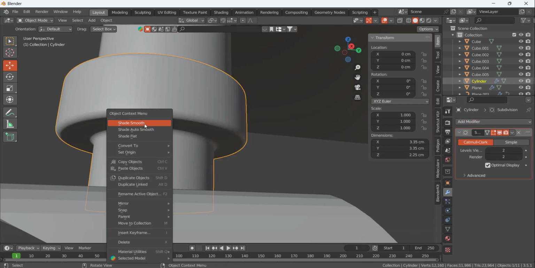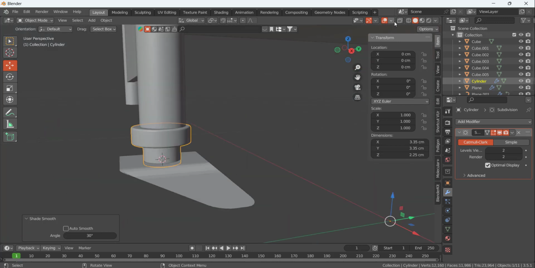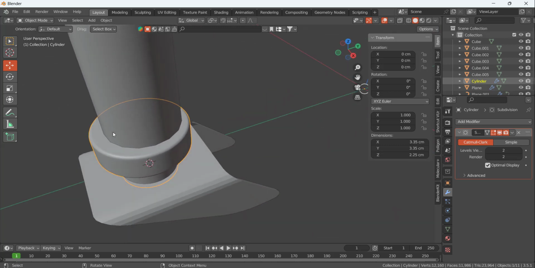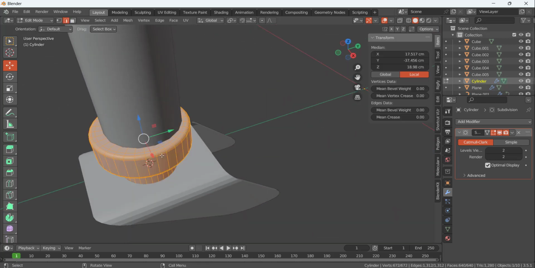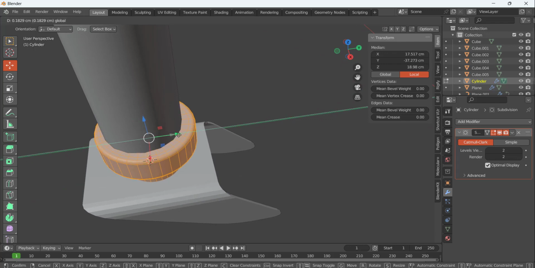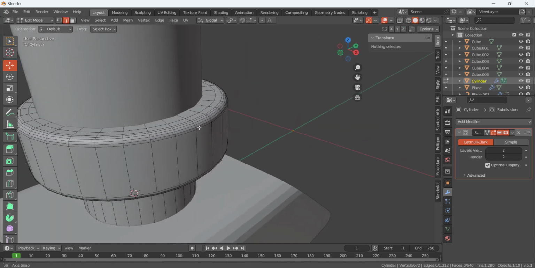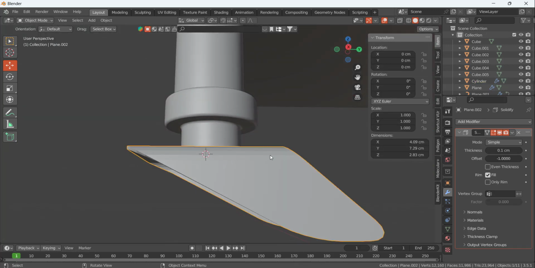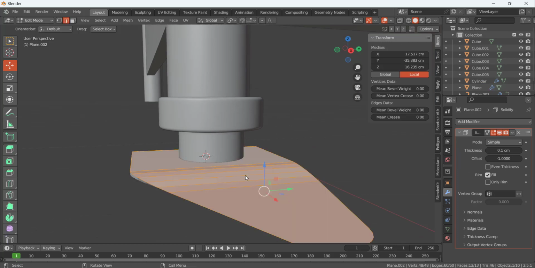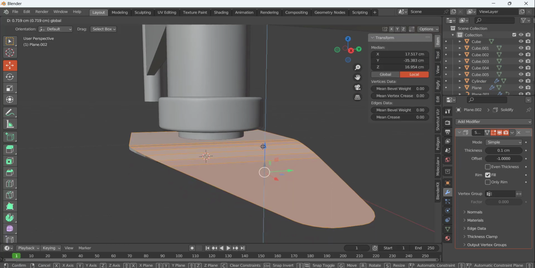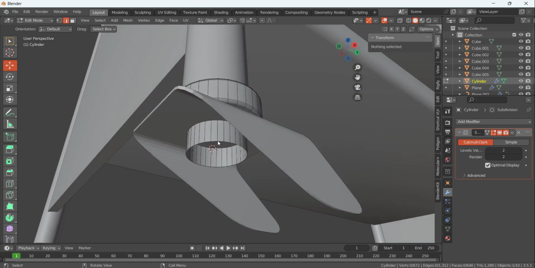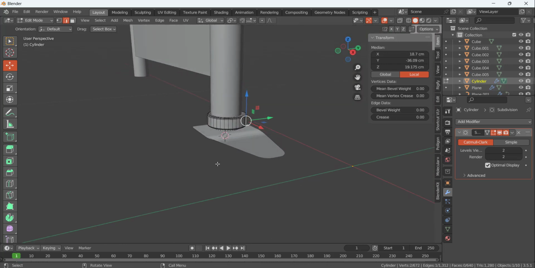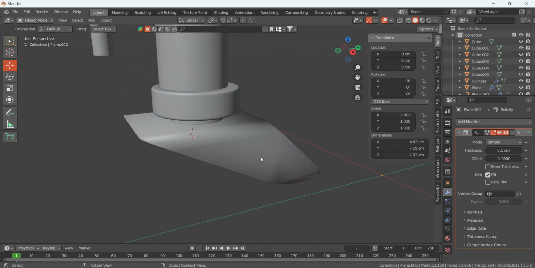level 2 and shade smooth and check its face orientation. It's looking good. And for this one, it's not in the middle of this structure, so we can just move it like that, so it is in the middle. And this one, we have to move it like that, and this complete loop, so it is basically hidden. And shade smooth for this one,